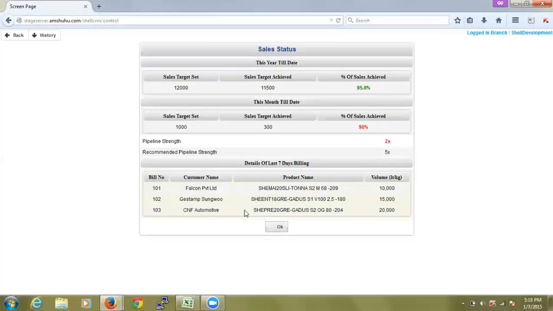All those details, we will be capturing and displaying as a pop-up once the DSR or the manager enters the system. If it is a manager and he has a couple of representatives assigned under him, then you would have pop-ups one below the other with the representative's name on top.